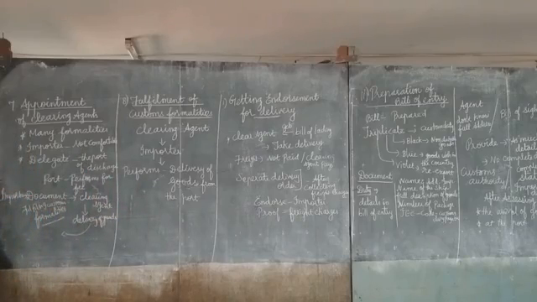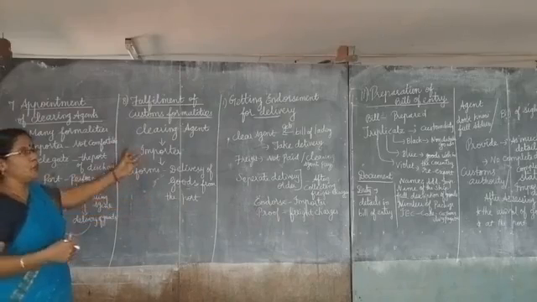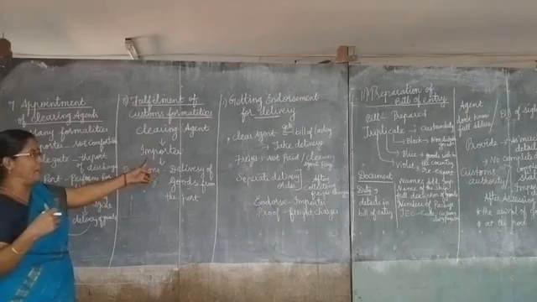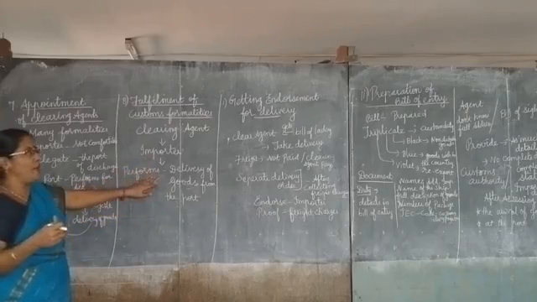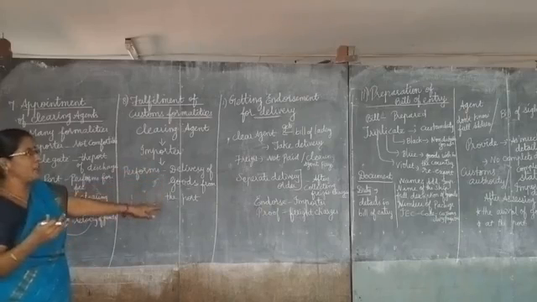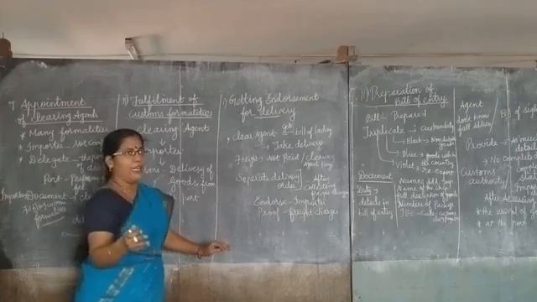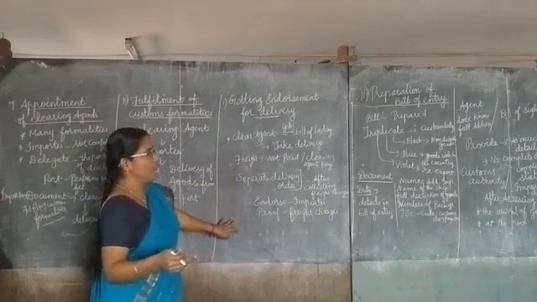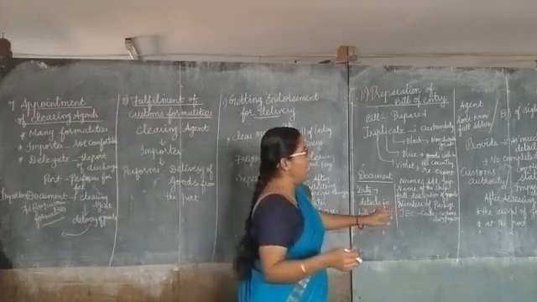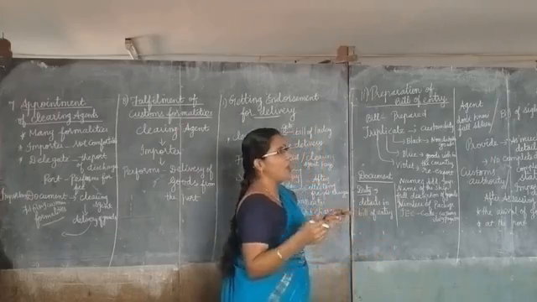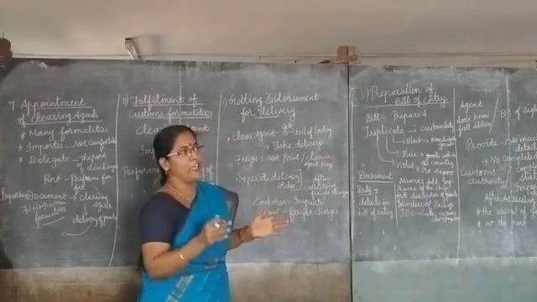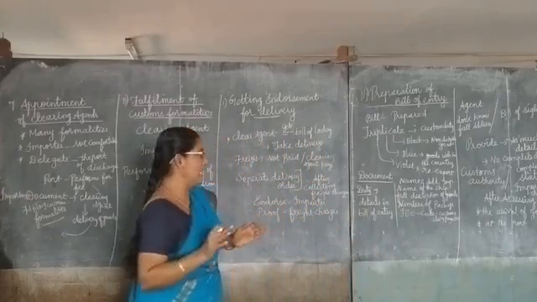The clearing agent is engaged by the importer, isn't it? For what reason? To perform the activities in connection with the delivery of the goods from the port. What are all the activities he is going to do? Getting the endorsement for delivery, preparation of bill of entry, and then payment of dock dues. All these port-related delivery of goods will be looked after by the clearing agent.